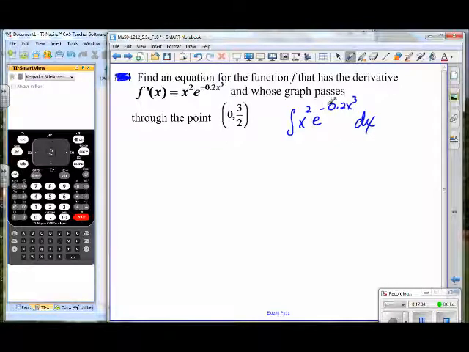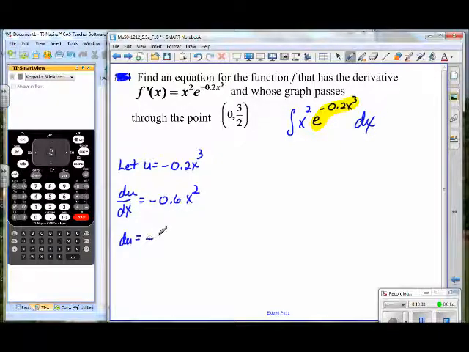Okay, same thing. Do we see a composite function? And if you look at this, I think you probably have already picked it out. This is your composite function. So we're going to let u equal negative 2/10 x cubed. Take the derivative with respect to x. Negative 6/10 x squared. And if you look up here, you'll see that we have an x squared dx. If we multiply both sides by the differential x,